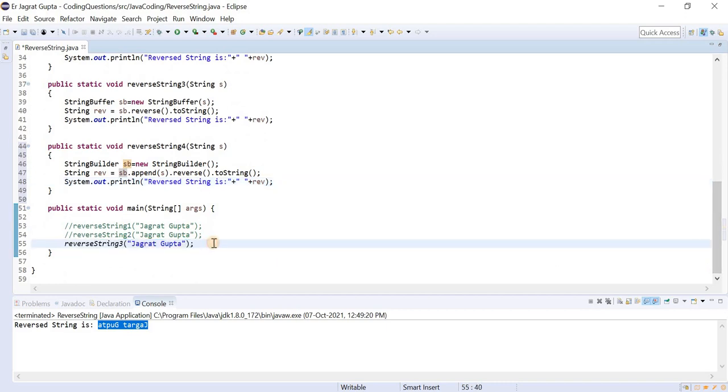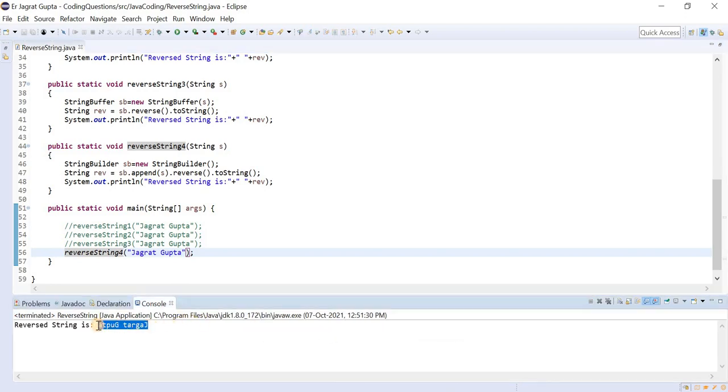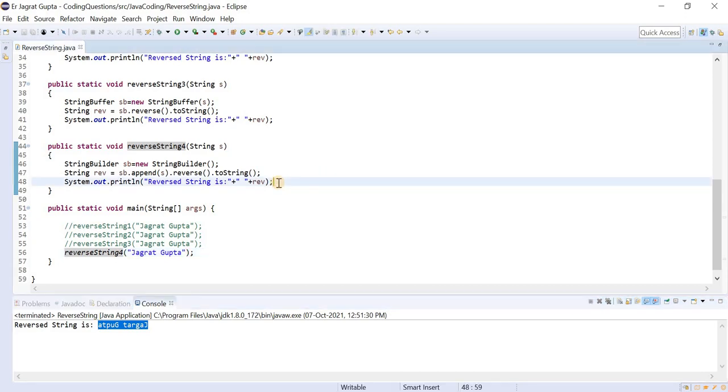Now let's run this program and see whether we achieved our expected output or not. You can see that we achieved our expected output. Last thing I want to tell you is that if you don't want to convert this with toString, that's also fine.